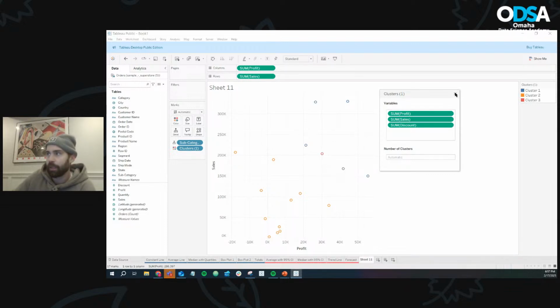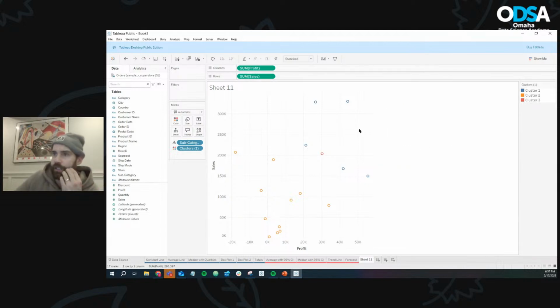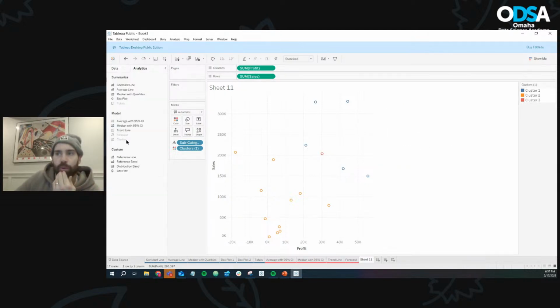And you can change the number of clusters, but by default, Tableau is always going to give you the one that makes the most sense based on the data points that they have and populate it this way. So again, you'll learn all about k-means clustering in your machine learning class, but the point is you can do it in Tableau. All right, we are right at half an hour right now,